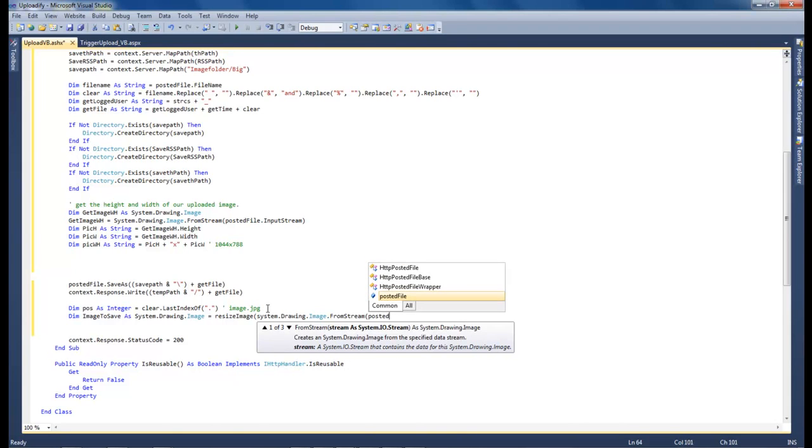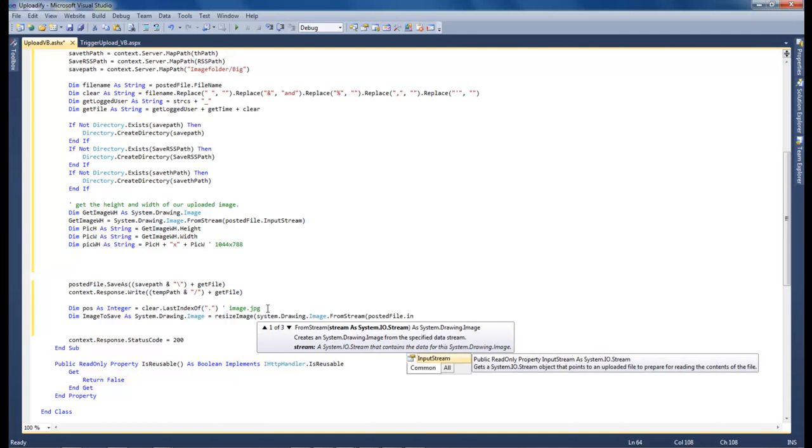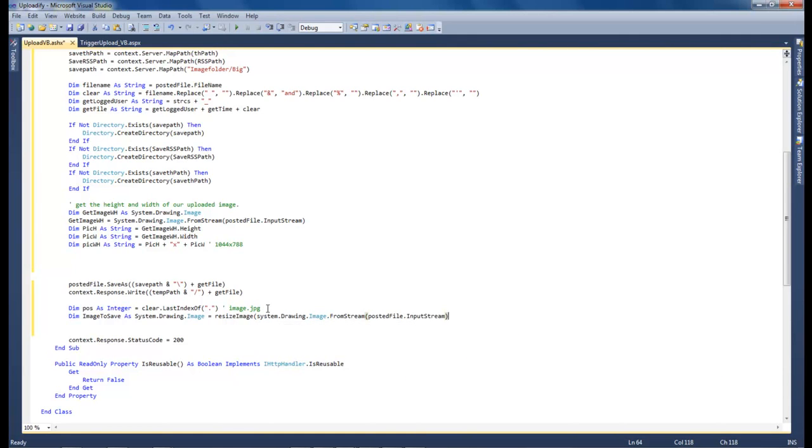Okay, do posted file dot input stream, and then comma new size. Okay, it's not giving us the option to choose that, and so what we need to do here, okay,